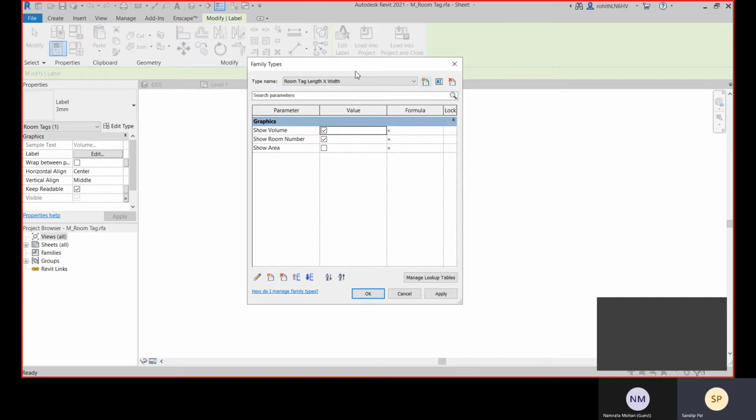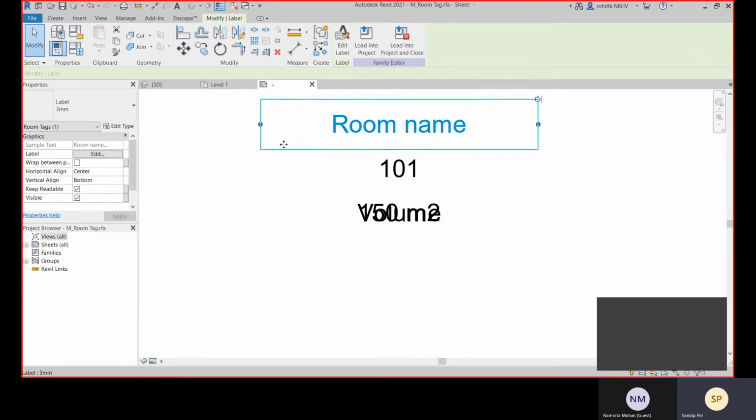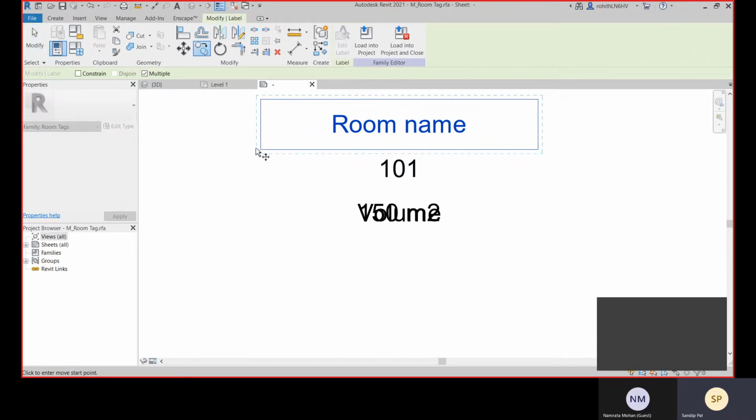Now we just have created that, we have to add. Okay, so for that what we can do is we can create. Now let's just okay it. Now here we will add one label. So you can copy this label, you can go with this copy, and here you can place it.